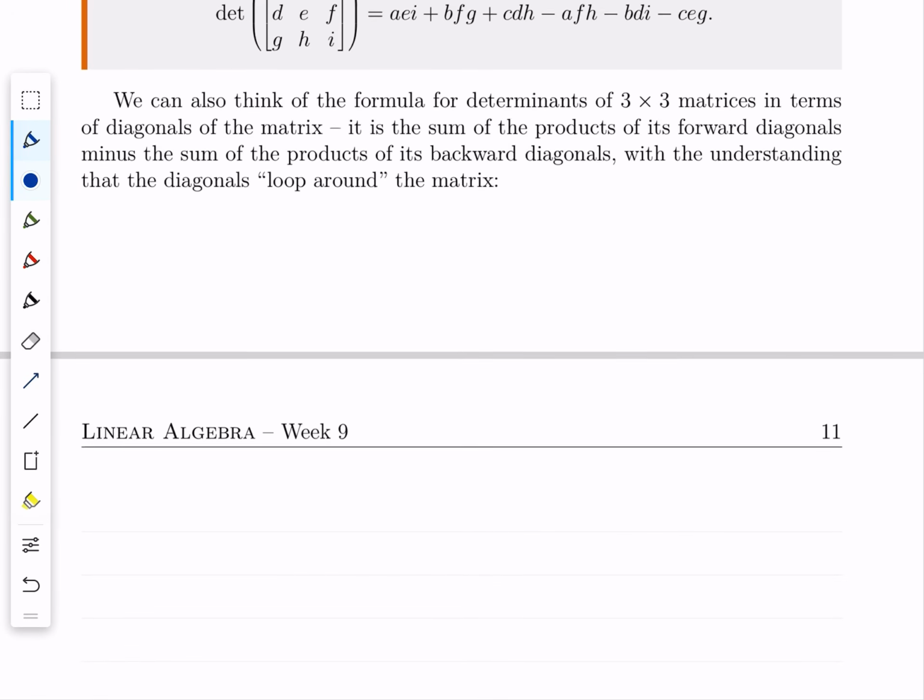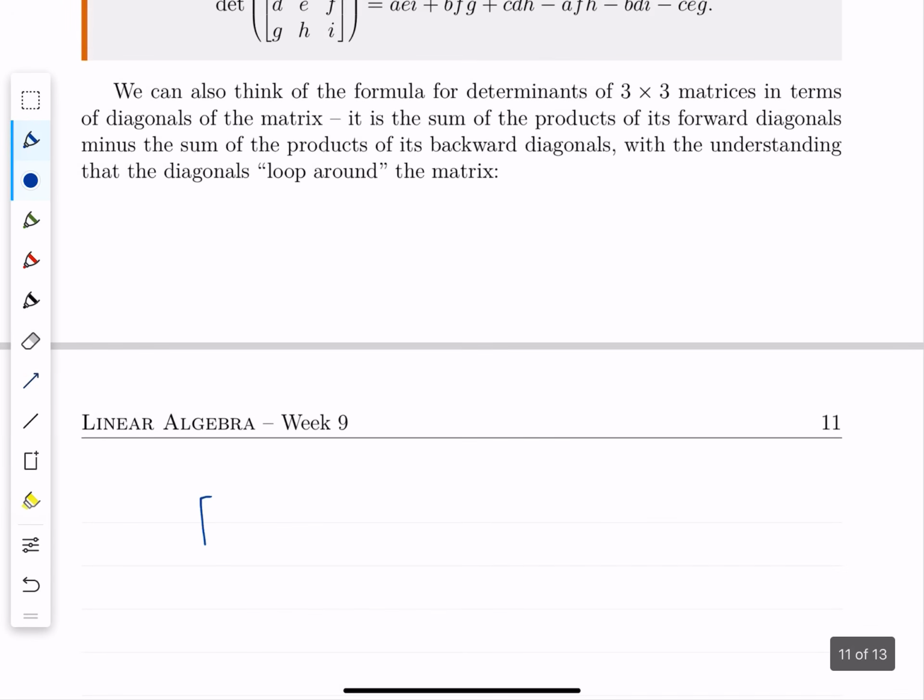So what do we mean by that? Well, what I'm going to do here is write down this matrix again. So A, B, C, D, E, F, G, H, I. All right. And now I want to talk about 3 forward and 3 backward diagonals of this matrix, except I